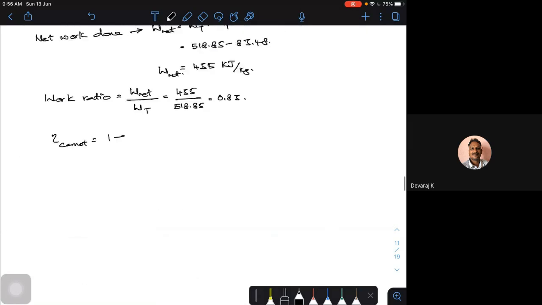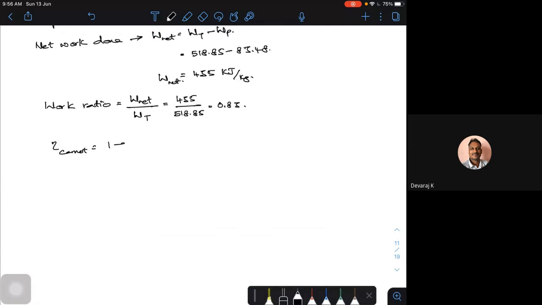So I am getting this is equal to 1 minus T3 by T2. T2 is the saturation temperature, 478.76. In the denominator it is 90 plus 273, about 364.77. If I substitute, I am getting around 23.8% as the Carnot efficiency. So this is the highest possible efficiency that we are getting. This is the first case, the Carnot cycle we looked at.